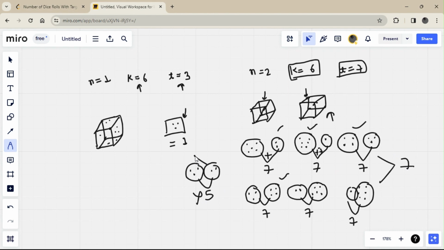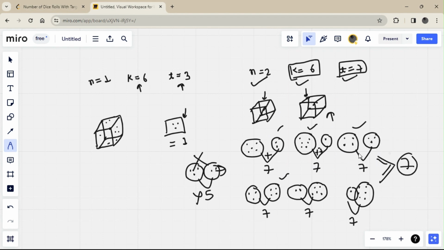So this is not included in our answer. So if we have two dices and all dices have 6 faces, and target sum is 7, there are 6 cases possible which lead to the sum 7.